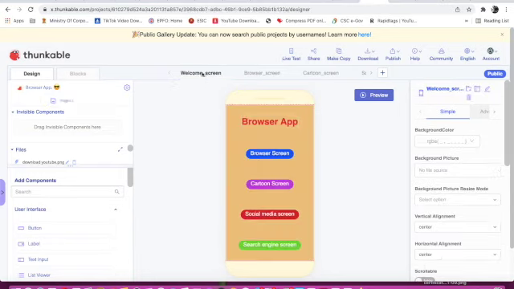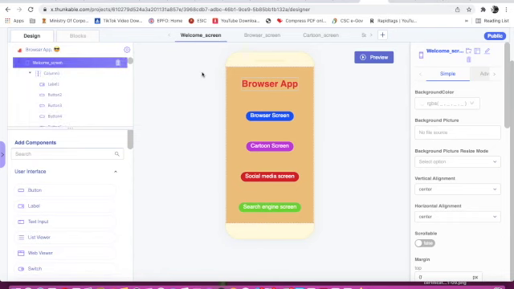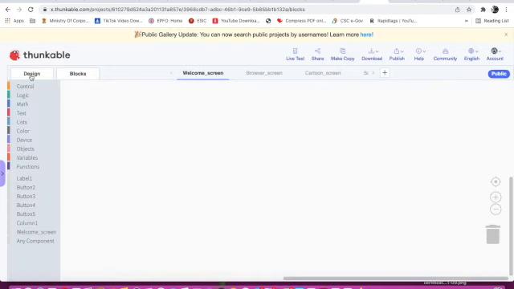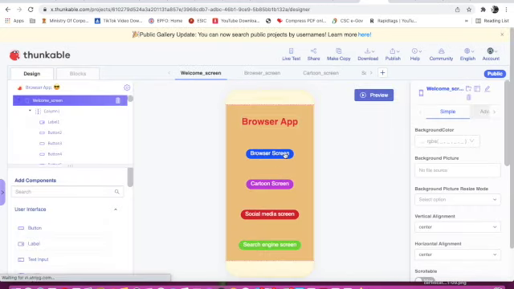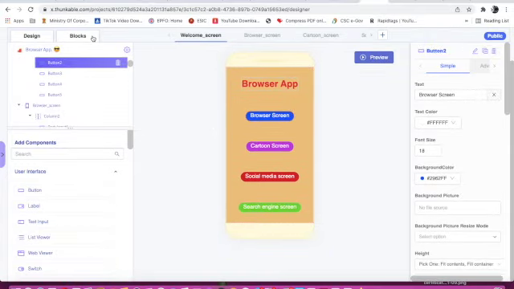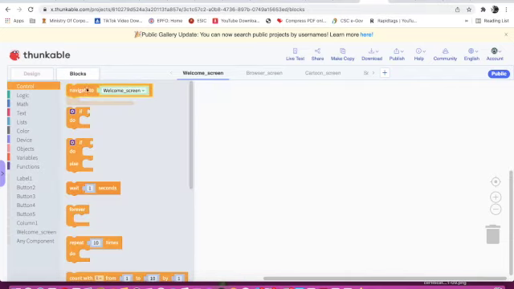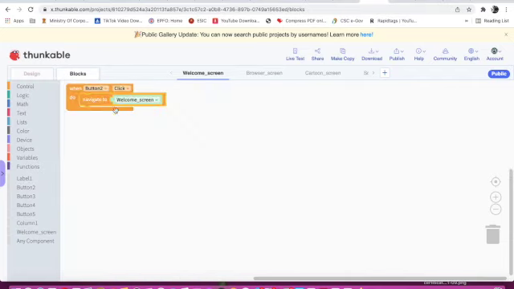Now we have to do the blocks part, and the blocks part is also not too much. We will come to blocks. So when browser screen, button 2 will click. When button 2 click, we will go on control and we will take this first block, navigate to browser screen.